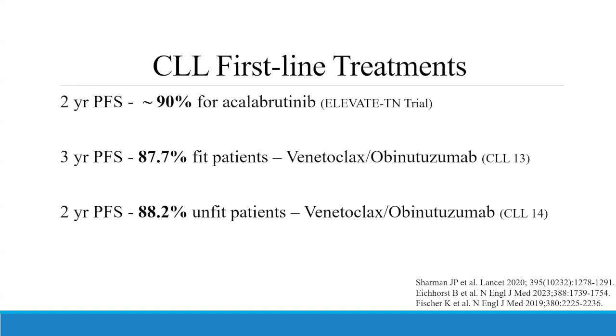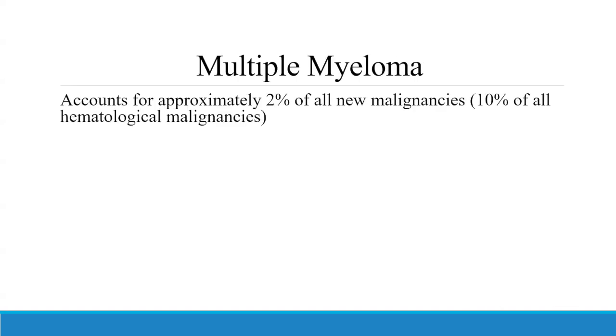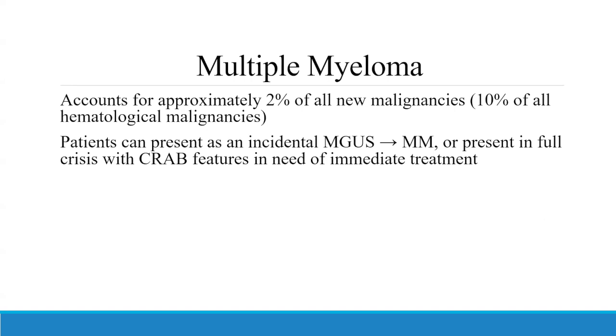And lastly, we're going to touch upon multiple myeloma. About 10% of hematological malignancies right now are new diagnoses of multiple myeloma. And again, sometimes these are patients that you guys diagnose and send to us. So similar to Dr. Luzada's talk, these are patients with MGUS who gradually over time, we see that progression into multiple myeloma. Or these are patients who present in crisis, present to the inpatient ward or present to the emergency room with a pain crisis from lytic lesions or hypercalcemia or renal failure necessitating dialysis.